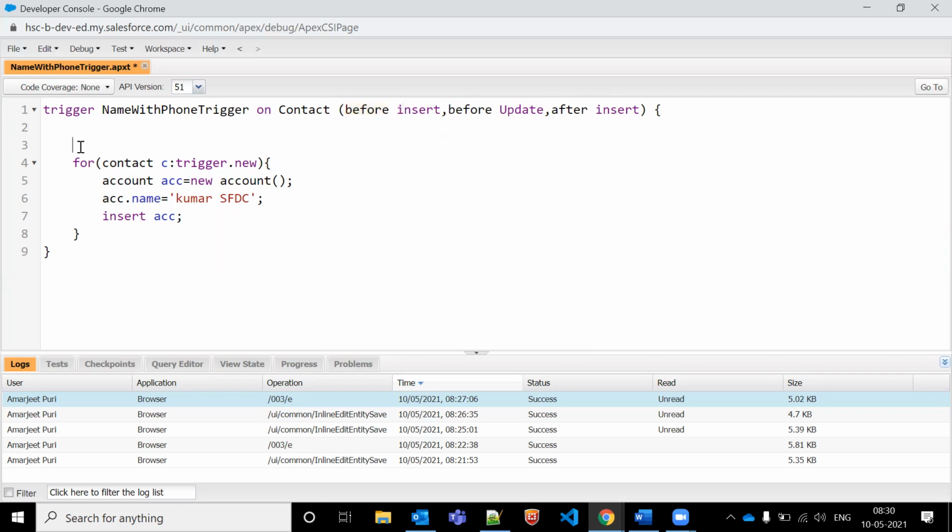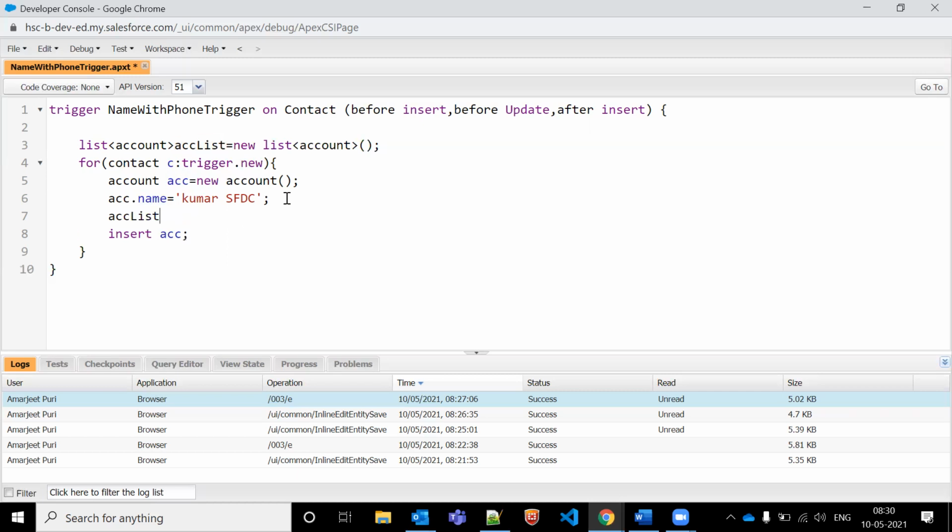What we are trying to do here first is create a list of account, ACC list, a new list of account. Let me add all these accounts in this list first. And whatever DMLs I'm writing, I will do them outside the for loop.